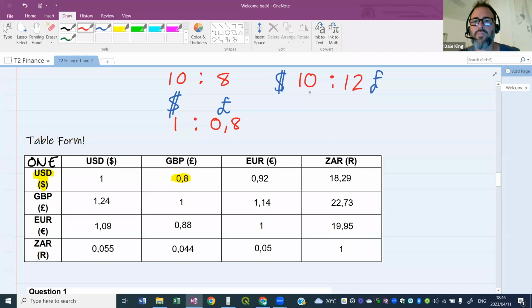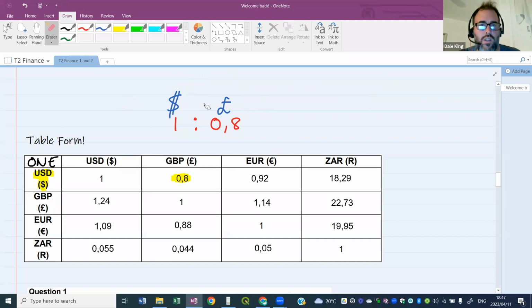Okay, so you've got to think of it like that. It's not easy just to look at the ratio and say; you've got to think carefully about that. How much do I need to buy that other currency? So if we look at this ratio right now, 1 is to 0.8, the British person doesn't have to spend £1 to get $1. He only has to pull out 80 cents and he's buying $1. So that British person is actually smiling. He only has to get 80 cents out and he can buy $1 US. Their currency is actually doing a little bit better. Now, if we had to change this to rands, it's a sad story.